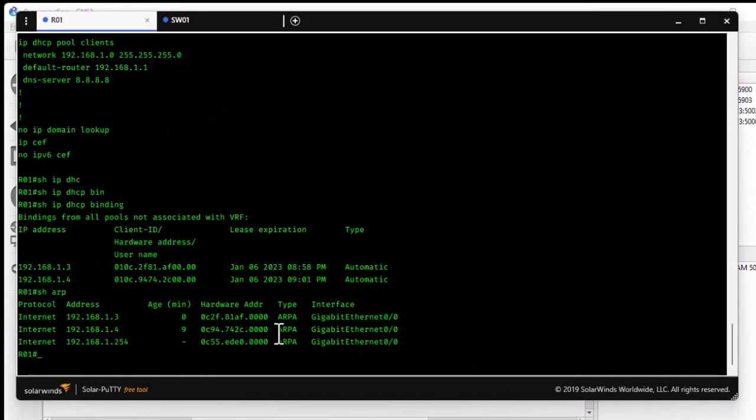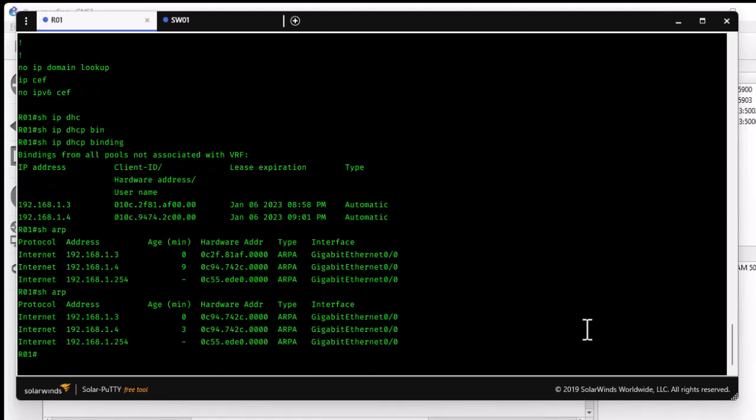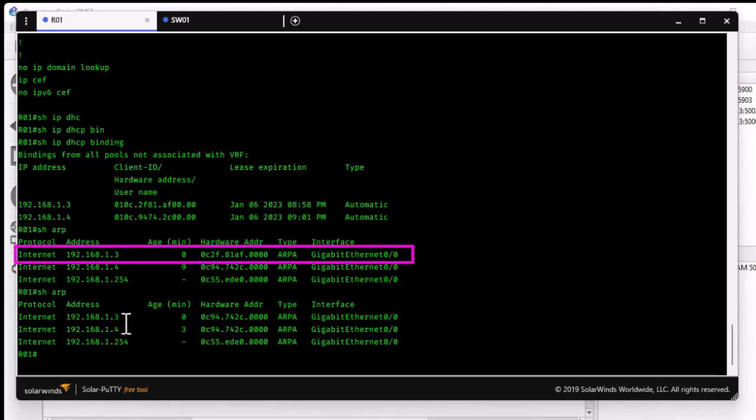So this is the ARP cache before the attack. Now let's see it after the attack, and as you can see, the same thing happened here for the Linux box on the right. Before, it was its legitimate MAC address, which is 81AF, but now it has changed to the MAC address of the attacker, which is 74 to C, as you can see here. Okay,